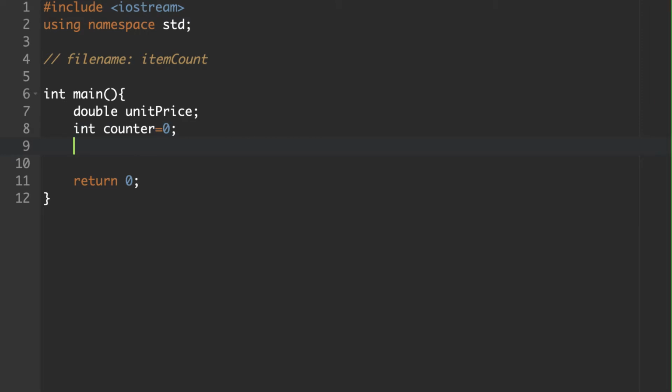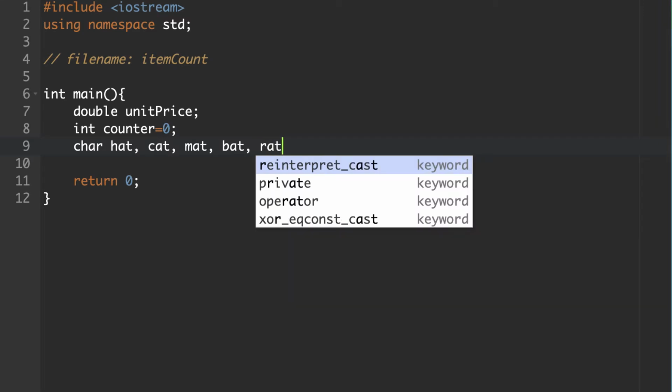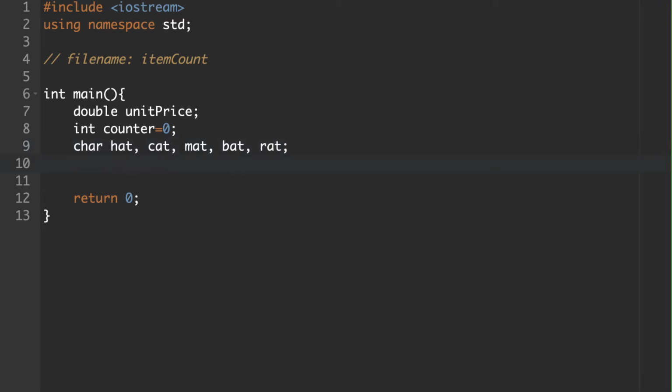And then we'll have some chars for how many things we will be buying. So char, let's say we can buy a hat, cat, mat, bat, and rat. Okay, so these are the things that we buy at this particular store, and then we'll put a total at the end. Okay. Now, what we're going to do is first prompt the user for